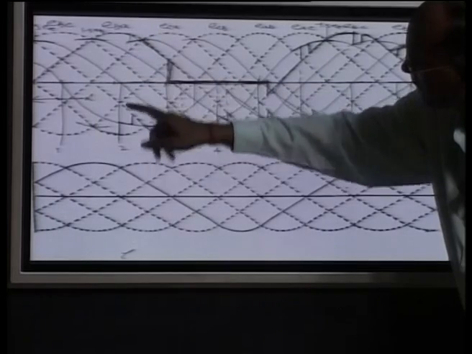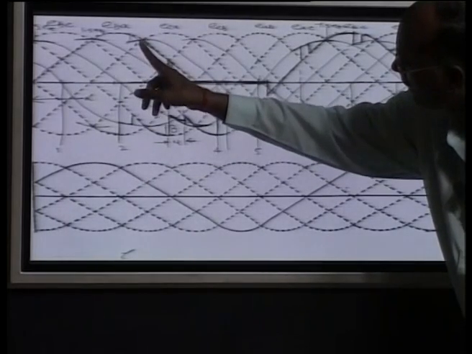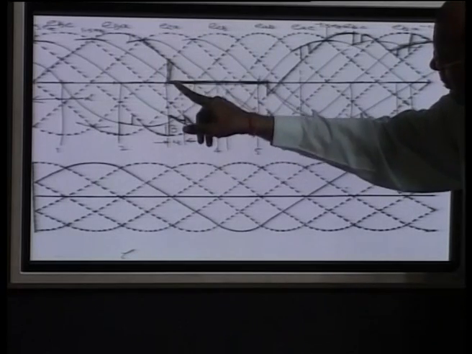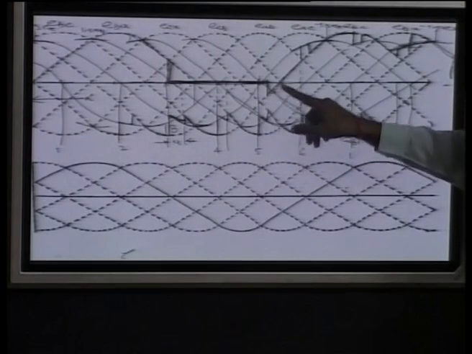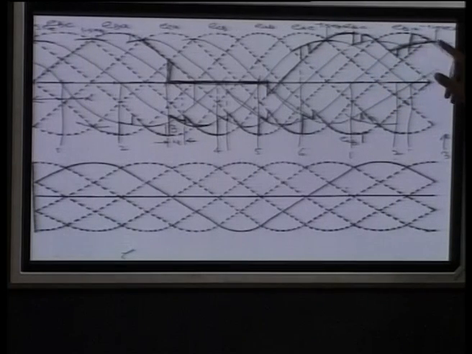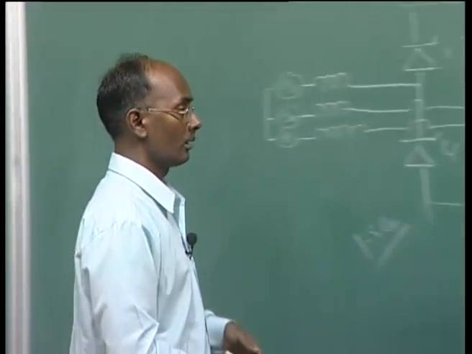So, the commutation between 2 and 3 will be here, and then it will follow this E b A, it will come here, 3 is then conducting, and here we are getting these voltages. So, this is your valve voltage that is appearing in the inverter operation, and here we are talking about mode 1 when u is less than